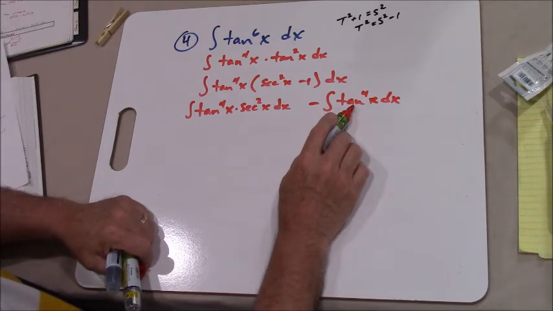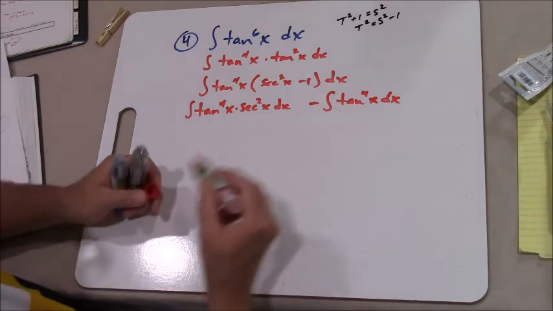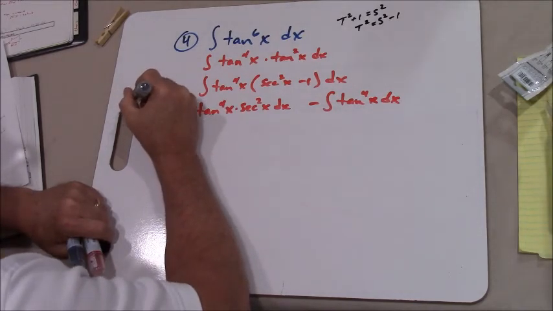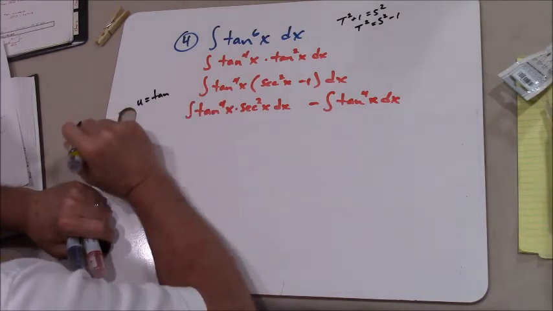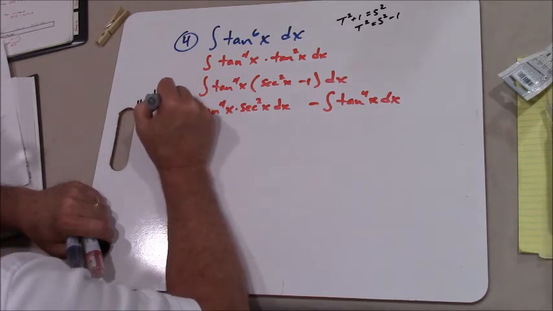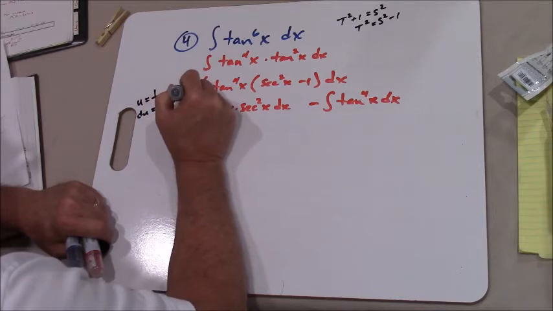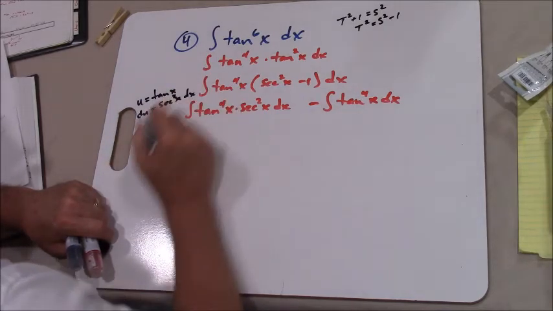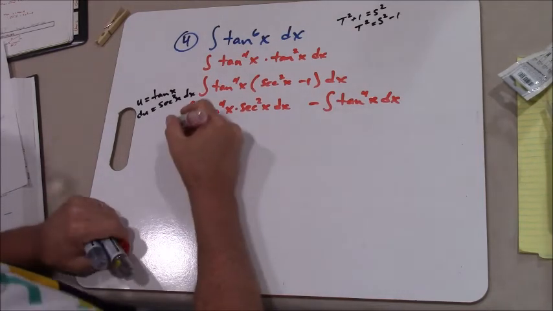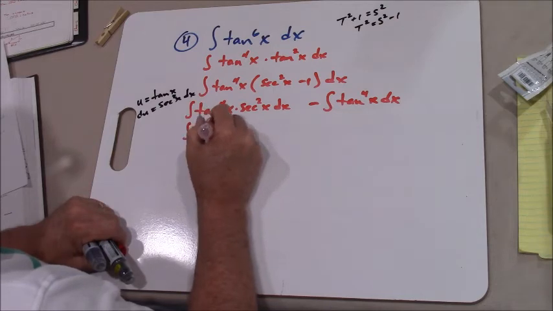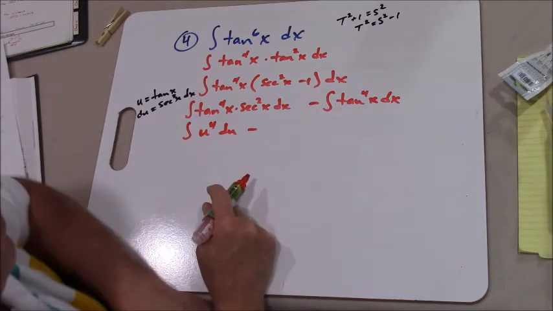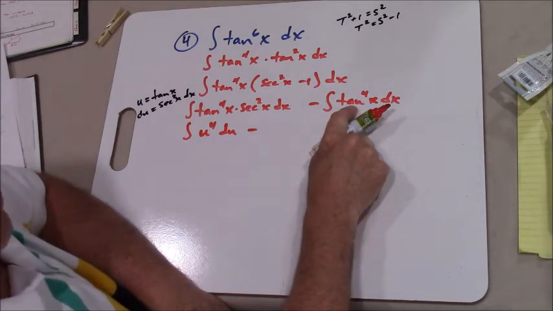I may have to do the same thing again. So I know that if I do substitution here, I'm going to let u equal tangent of x. So du is going to be a secant squared of x times the derivative of the angle, which is 1, and I just took the derivative of x. So I think this one we're okay with. I've got u to the 4th du minus,